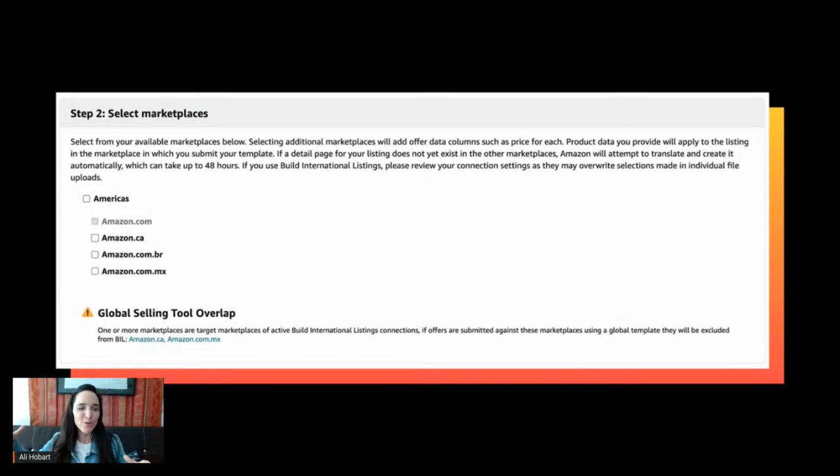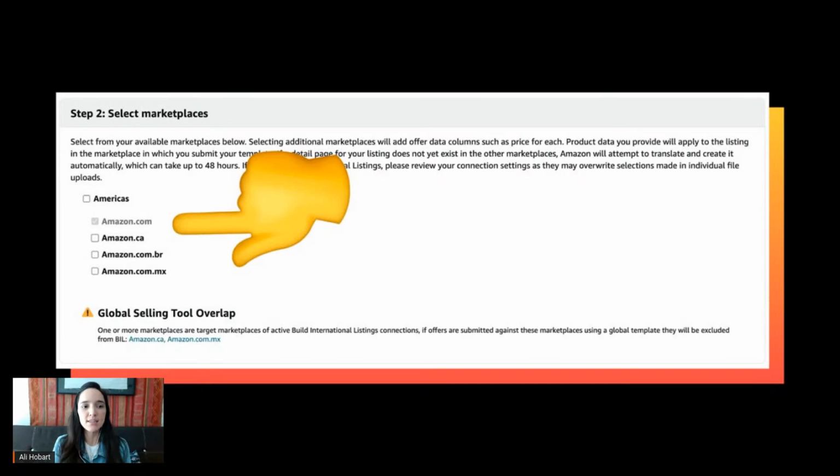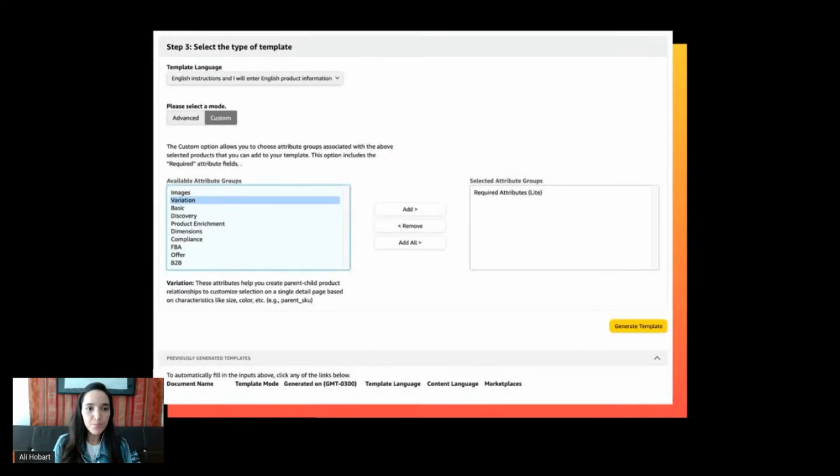And as you start using more and more of these tools and features, you see the time savings exponentially increase as well, because you can do this across multiple marketplaces. But whatever you're already logged in to is going to be the default. So in this case, it's Amazon.com. And we're just going to leave that one marketplace for this presentation, but you could select multiples.